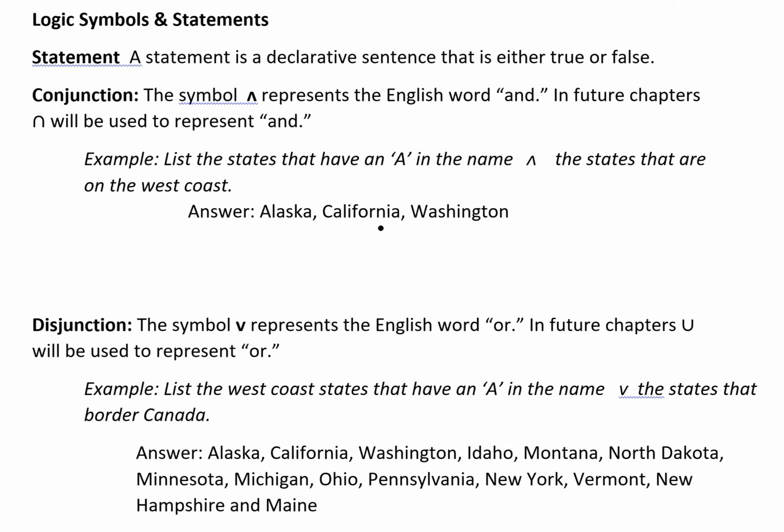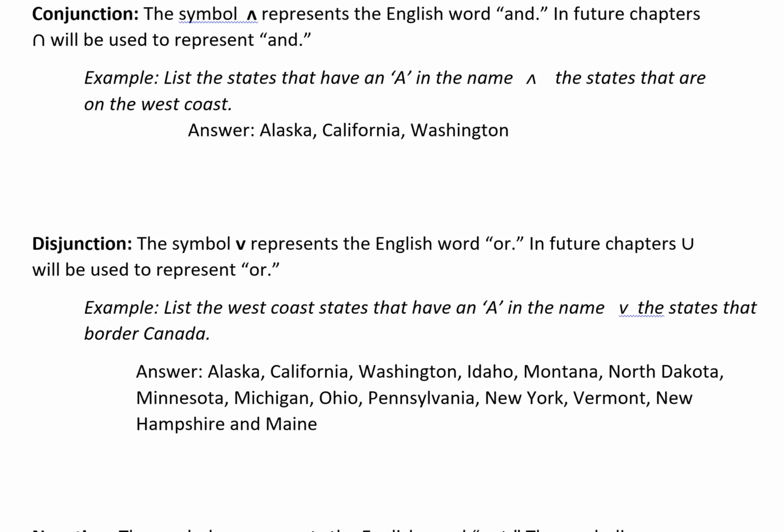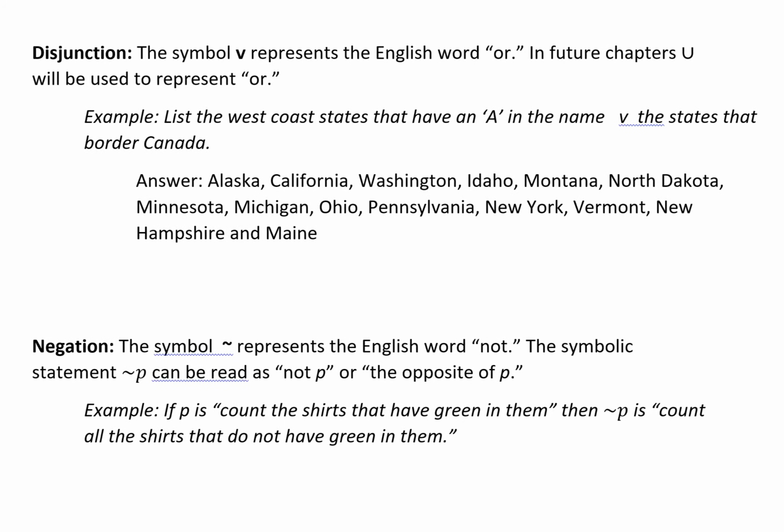Moving on to the next definition, which is disjunction. Disjunction we use with the symbol V, and it represents the English word or. In future chapters, it'll be a capital U instead of that V. It'll still represent or. The example for disjunction is list the West Coast states that have an A in the name